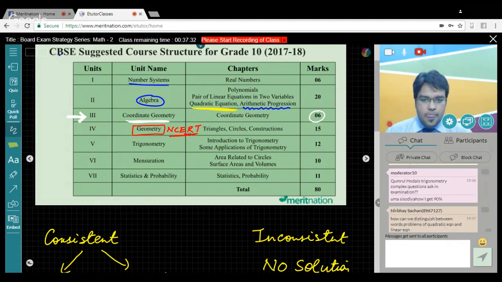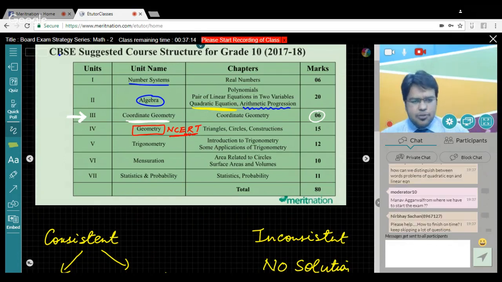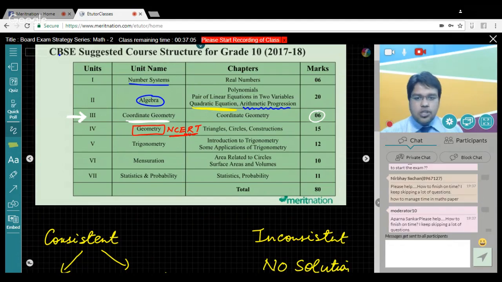Secondly, I would like to point out that in geometry, you've got theorems, right? In circles, you've got 3 theorems prima facie. First, that the tangents drawn from an outside point are equal, right? For that, just stick to your NCERT. It has given very explicitly the RHS congruency and how we prove that. The tangent is perpendicular to the radius at the point of contact. That's the second theorem also given, and the converse of it, right? So please go through the 3 theorems in circles.